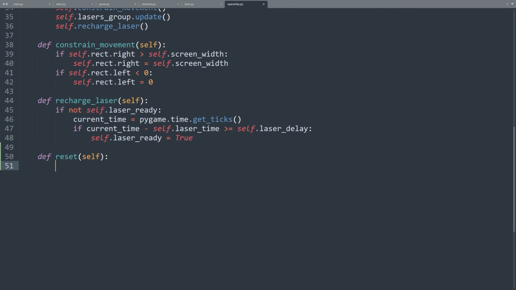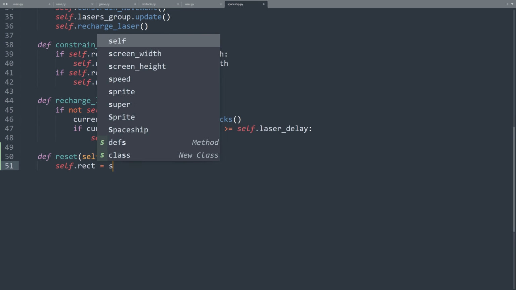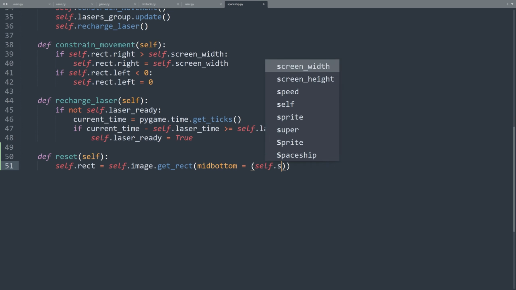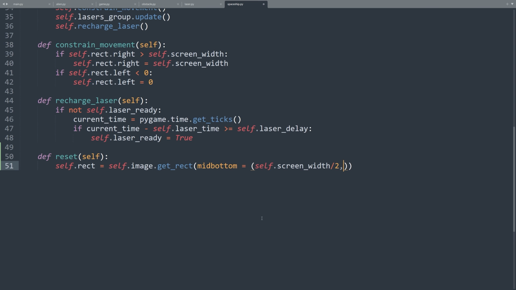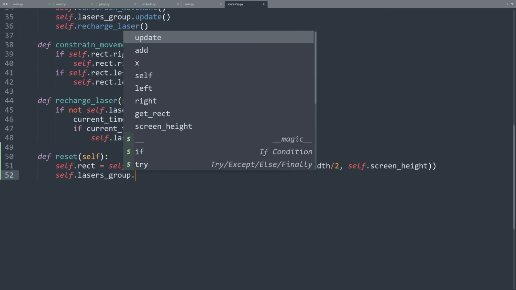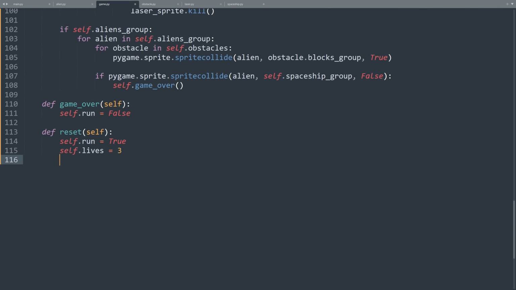Now all we have to do is center the spaceship sprite on the screen with this line of code. self.rect is equal to self.image.get_rect(midbottom = (self.screen_width / 2, self.screen_height)). And then we delete all the lasers the spaceship has fired and are visible. self.lasers_group.empty().